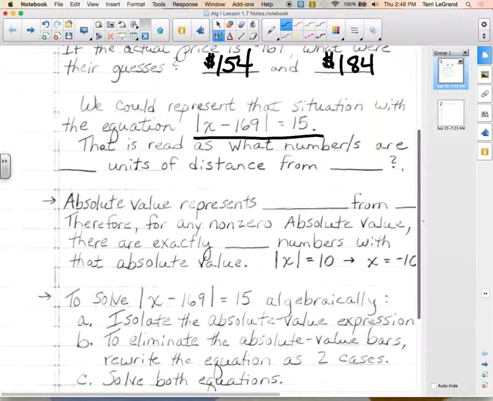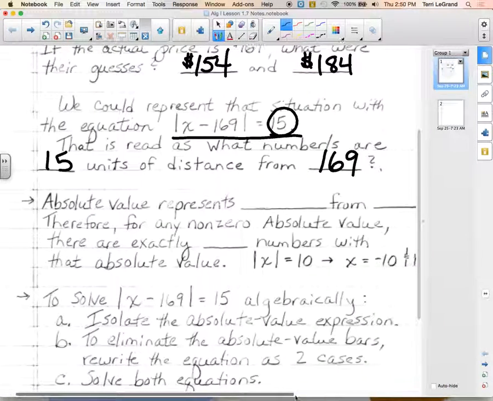So that is read as what numbers are, see this number over here? The number that you all worked with, you took 15 away and then you added 15? That's what we call the distance. So 15 units of distance from 169, yeah, from 169. I've been saying that wrong all day. 15 units of distance from 169. I'll correct that in my other classes tomorrow. Okay, so absolute value